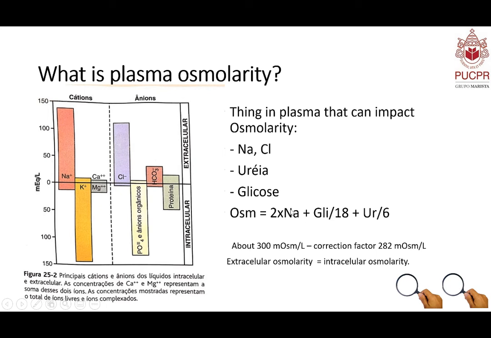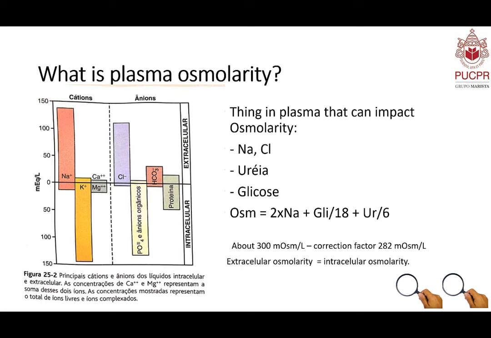So this is responsible for most of our osmolarity in the plasma. We also have two other molecules, glucose and urea, that are also important for osmolarity, but you can see that their importance is really